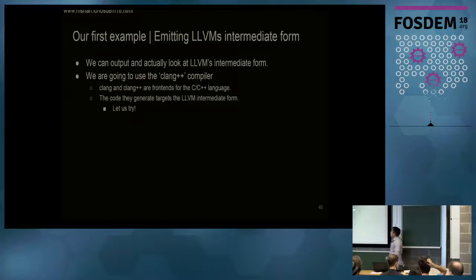Our first example: emitting LLVM's intermediate representation. So I mentioned, this is the important part for the optimizer, not just trying to look at pure C or C++ or whatever code. The compiler that we do this with is the Clang++ compiler, for the C and C++ languages. And they can generate code that targets this intermediate representation. So if I try,